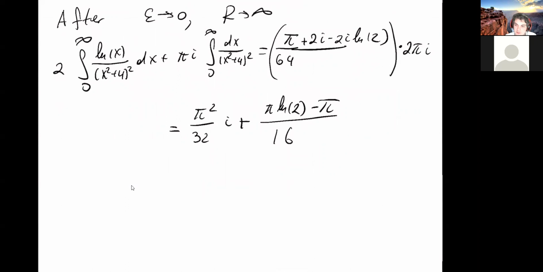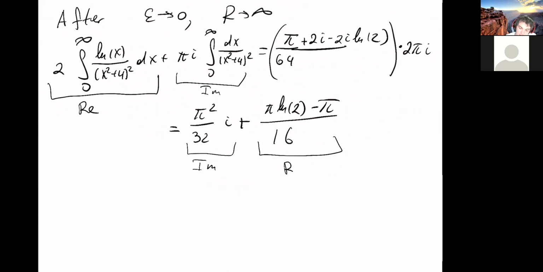But my point is, here's another important point. Algebra is not important. Algebra is something you can always check by hand or double check. What's important here is that this is the real part. This is the imaginary part, and this is the real part. So I care only about real parts. My task was to find only this integral. So I will just take the real parts